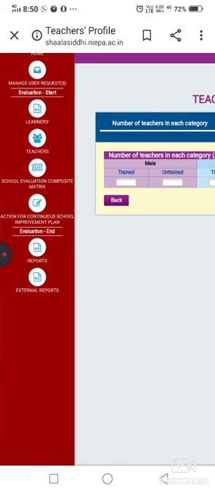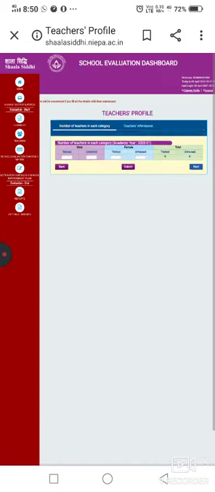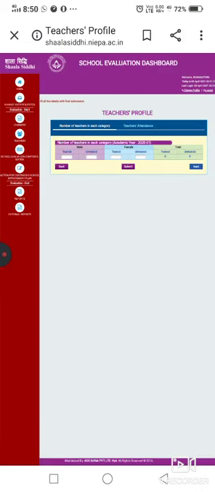After teachers, next is the school evaluation composite matrix, etc. And this is how we have to finish this school evaluation dashboard, and we have to successively move on in